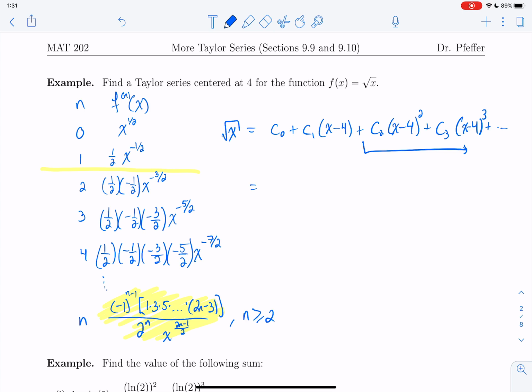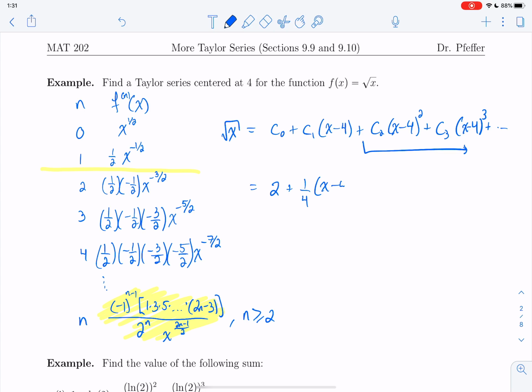C0 is going to be this initial value evaluated at 4 divided by 0 factorial. That's going to be just a 2, square root of 4, plus c1, which is this value evaluated at 4, which is just going to be 1/4